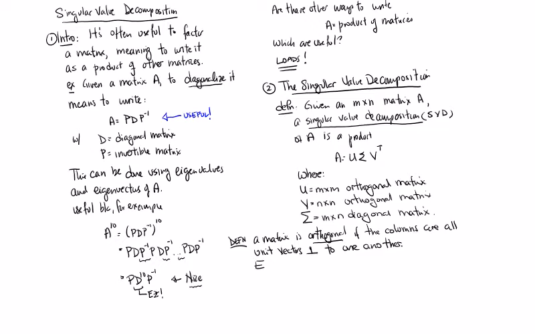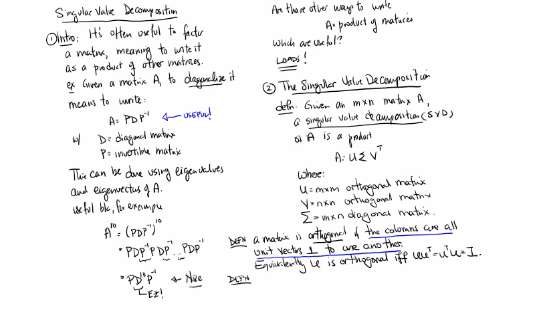So equivalently, we can say that U is orthogonal if and only if U transpose U equals I. So the critical thing to remember out of each of these different ways of looking at it is that the columns are all unit vectors that are perpendicular to one another. That's the critical thing. The other fact is sort of equivalent to that, but maybe not the best way of